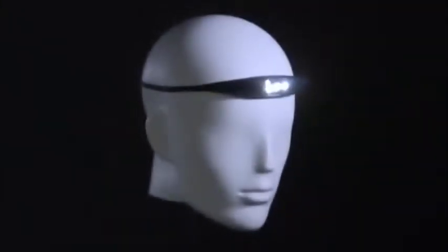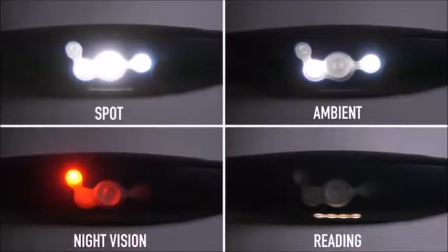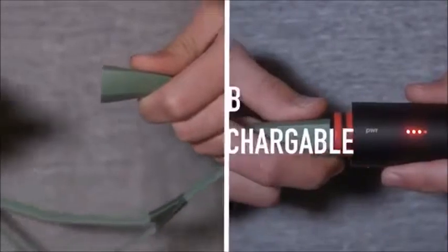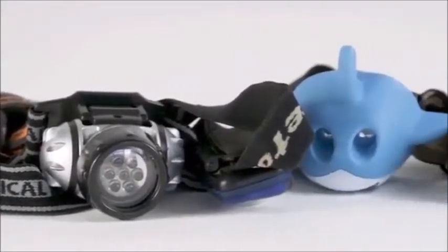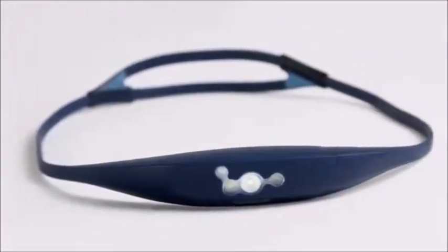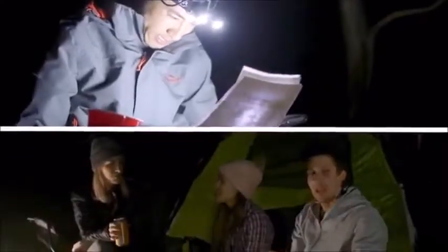Meet the Bandicoot, a single chassis, quad optic, lightweight, fully adjustable, USB rechargeable, silicone headlamp. Headlamps, or head torches, are usually fabric straps, buckles and bulky bits. The Bandicoot is designed differently, so there's no more bouncing around, fiddling with yourself, blinding others, waking others,